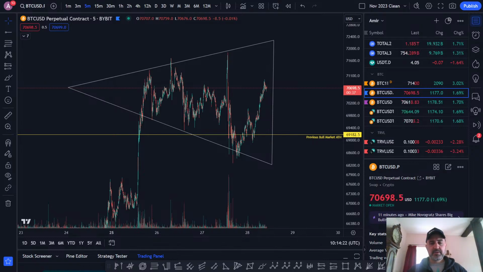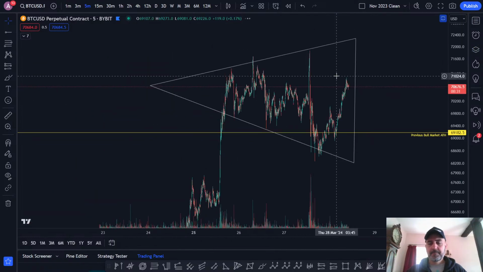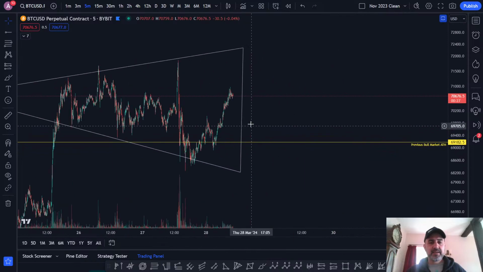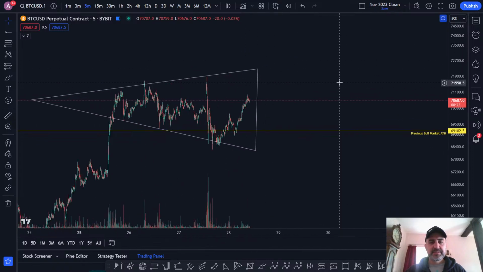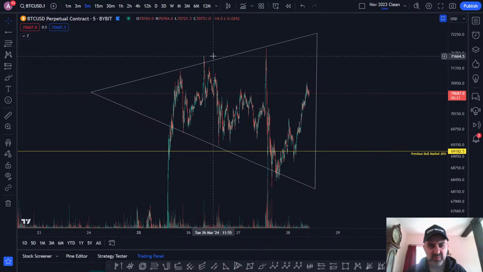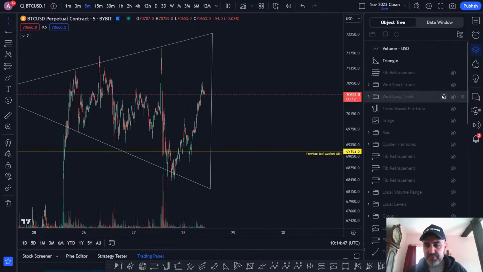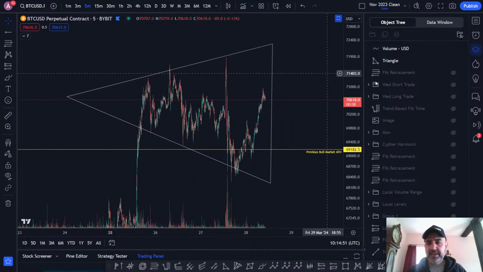Let's have a look. So we had a big sell-off yesterday. That was potentially, you could say, expected. I didn't take the short. I wasn't really interested in a local short. It would have been a really good trade. I said you could take the short. I wasn't looking for it, but it would have been a good trade on that swing failure.